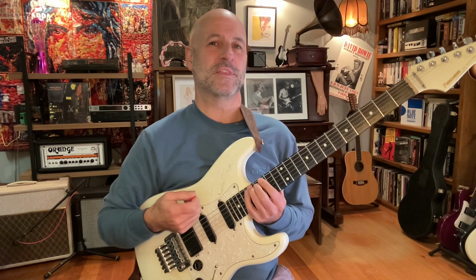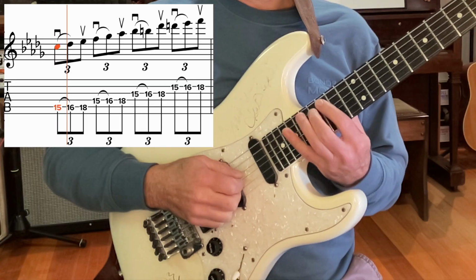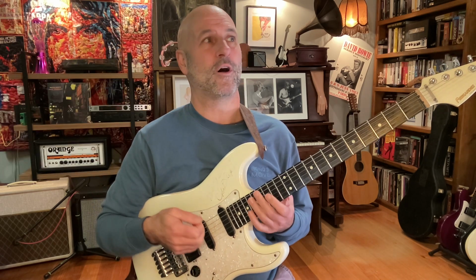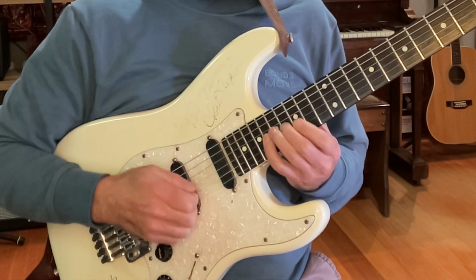Now this same sort of thing could also be achieved by picking the first and third notes, hammering on the second. In fact, some people may find that easier because that's like a swing picking pattern. So it feels quite good, but I find that I can't get that one as quick as I can get the...